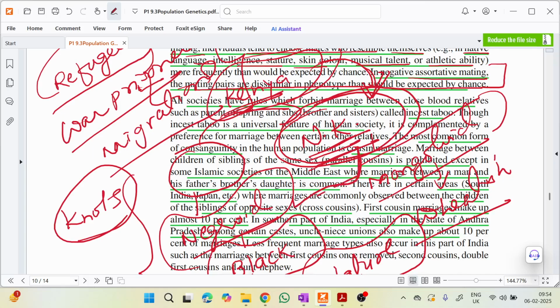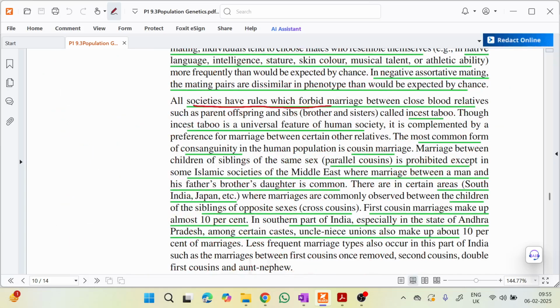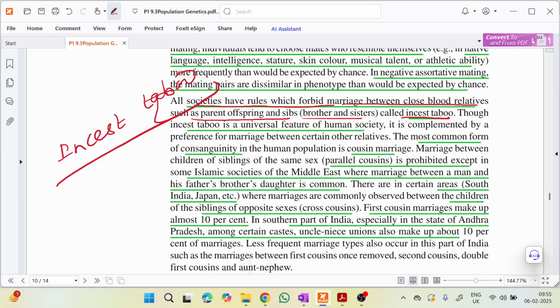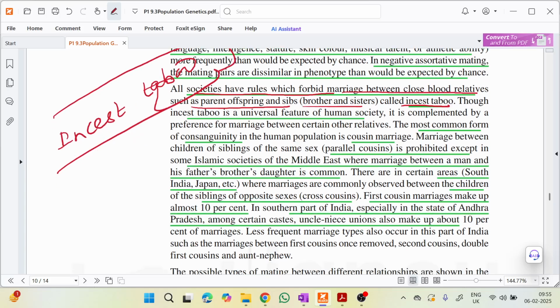So this kind of mating is known as non-negative assortative mating. All societies have rules which forbid marriage between close relatives, such as parents, offspring, and siblings. Those restrictions are known as incest taboo. So incest taboos are the prohibitionary rules that restrict people from mating between blood relatives,